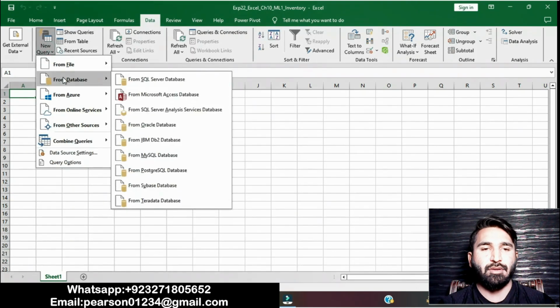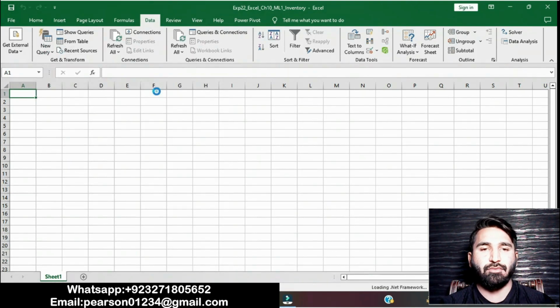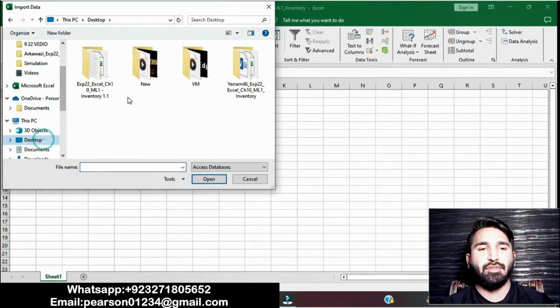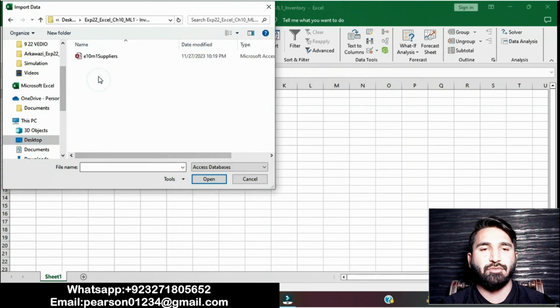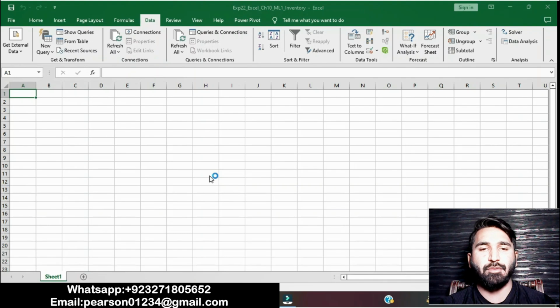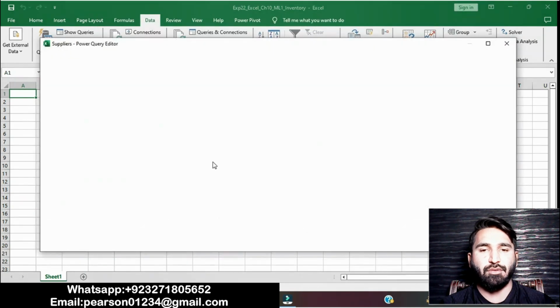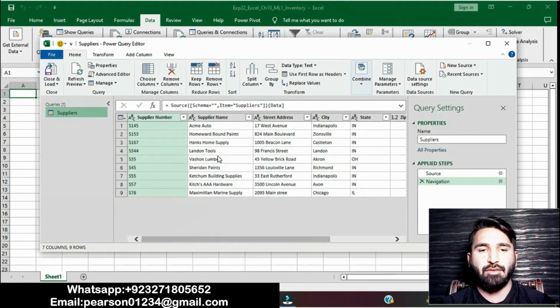Then From Database. I have saved this file in this folder, EXP22 EM E10 M1 Suppliers. This file will be imported. Click on Suppliers, then Load. This file will be loaded.